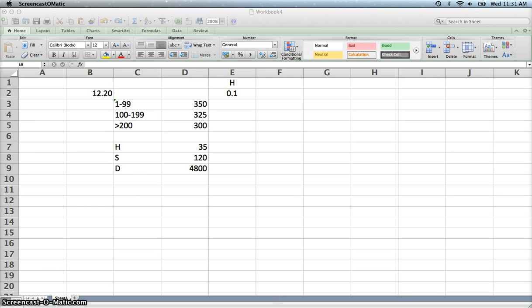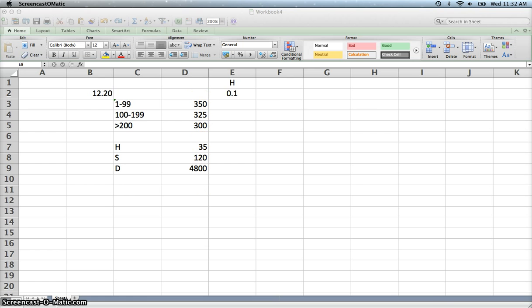I'm going to do quantity discount. I'm going to use the same data that I just showed you in the earlier video, but there's a variation to this, and that brings up this other economic order quantity formula. In this case, we are going to calculate economic order quantity 3 times because holding costs will vary depending on the price. So in the earlier video we did quantity discount and the holding cost was $35 no matter what price